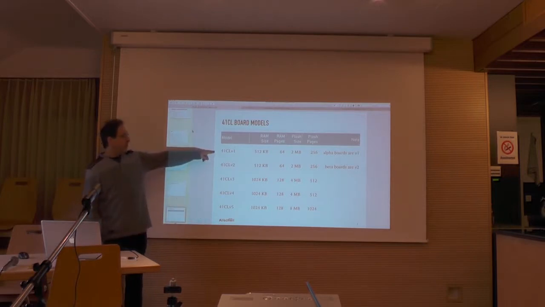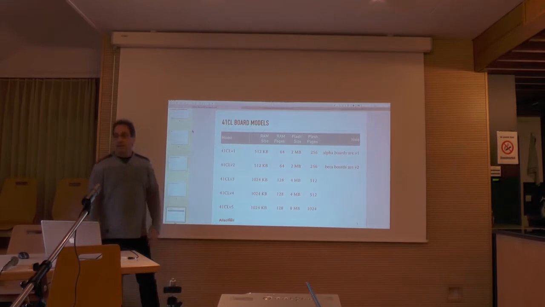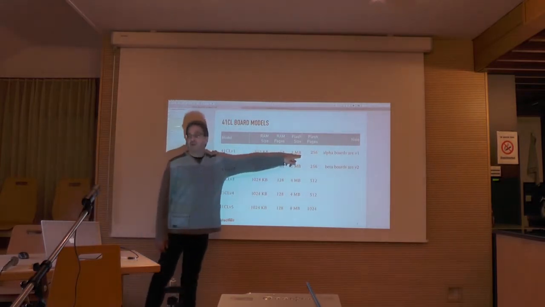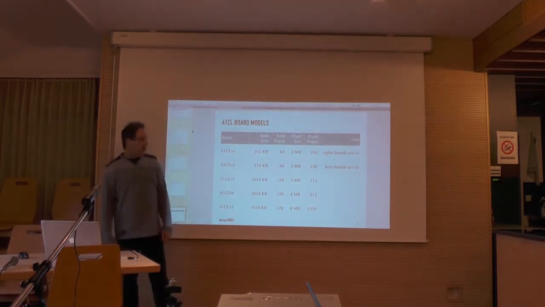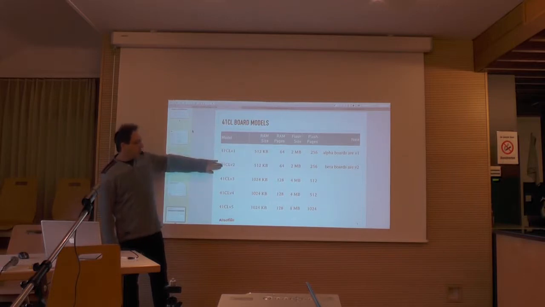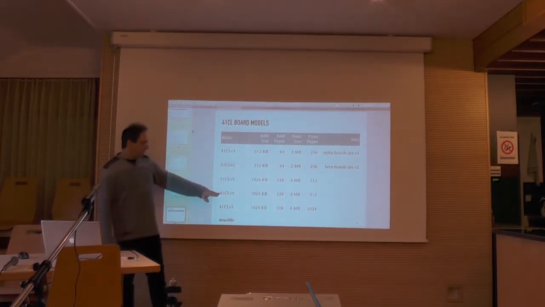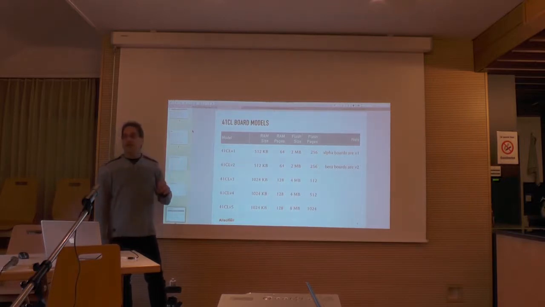The beta version of the V1 was with half a meg of RAM and 2 meg of flash. That's for you means 256 modules that can go inside. And then over time, V2 has the same spec. V2 was never sold. Sorry, V2 and beta was this one. V3 doubled the RAM and the flash, and V4 was mainly adding the capability